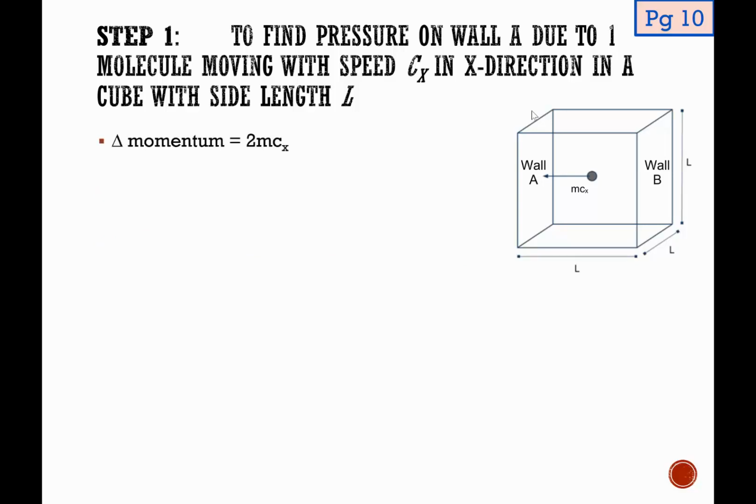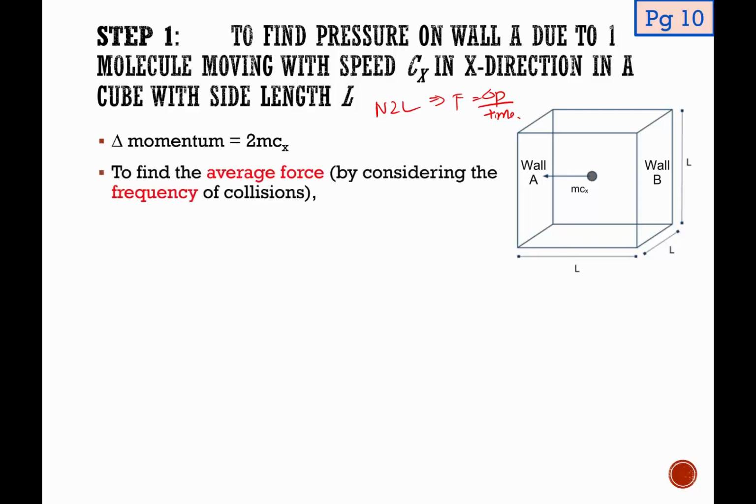Now, we have the change in momentum, and in order to find force, we will need to use Newton's second law, where Newton's second law tells us that force is equal to the change in momentum over time. And this is also one of the kinetic theory assumptions, where we assume that the molecules will obey Newton's laws. So go refer to it if you need to recall. But for now, in order to find average force, which is the one that we need in order to find average pressure, we will need to consider the frequency of the collision, and hence we need to find